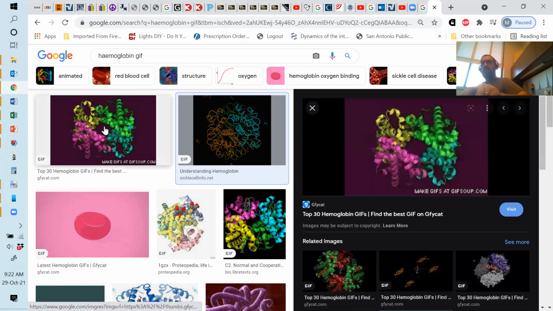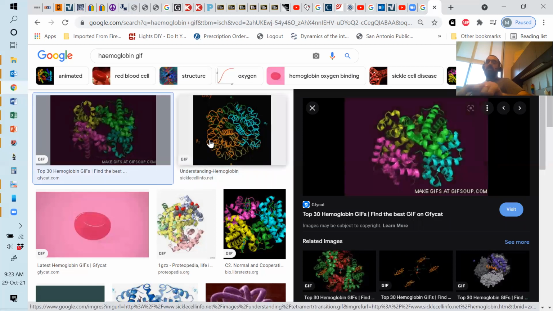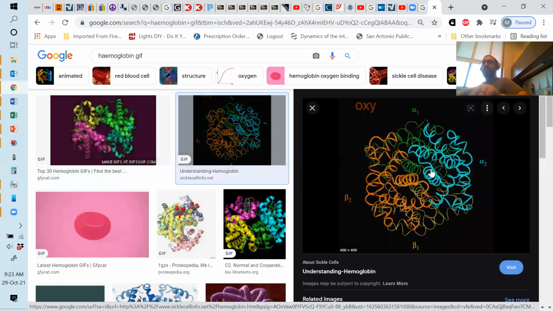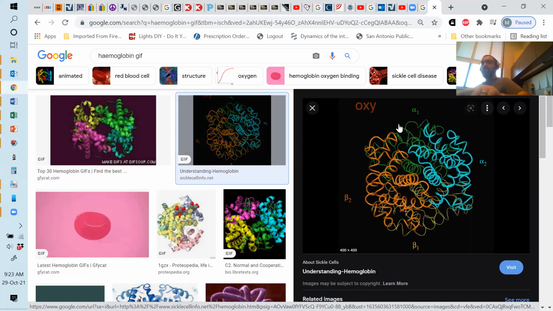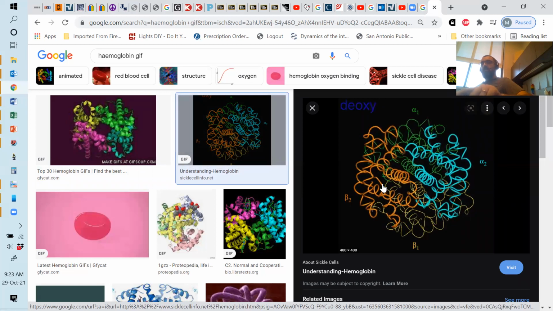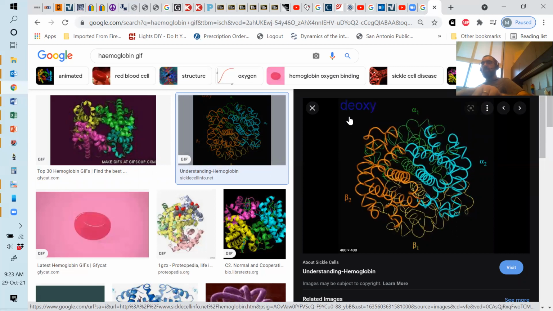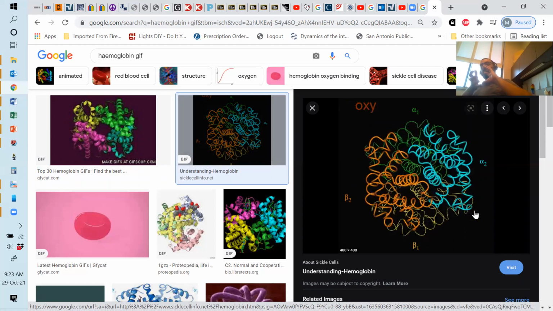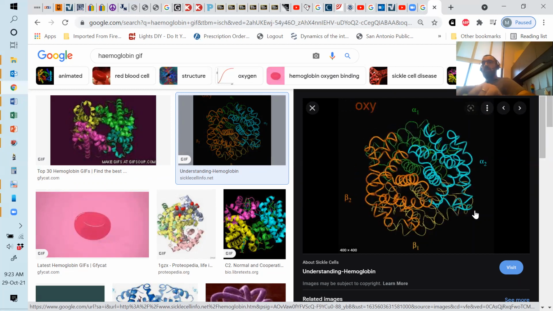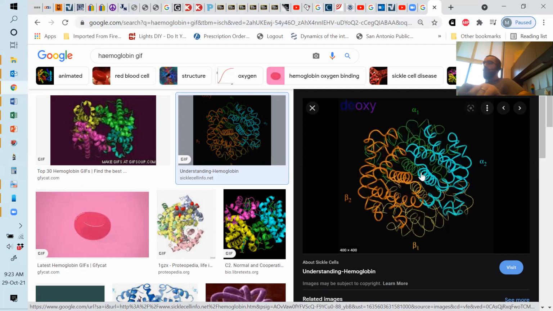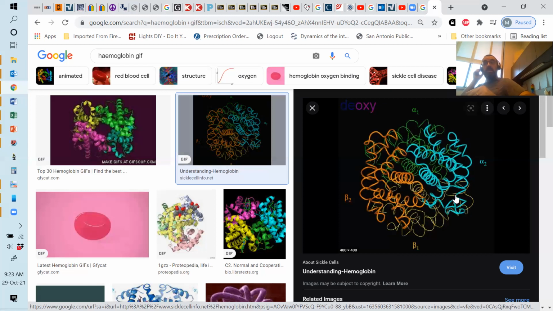You can see it better over here, right? And that binds oxygen, right? But it only binds it in a certain conformational state. So you can see that this form here is going from red to blue. It says oxy and then deoxy. As the protein changes shape, it changes its affinity for oxygen. So in one particular shape, it binds oxygen. In a different shape, it releases it, right? And that's essentially how